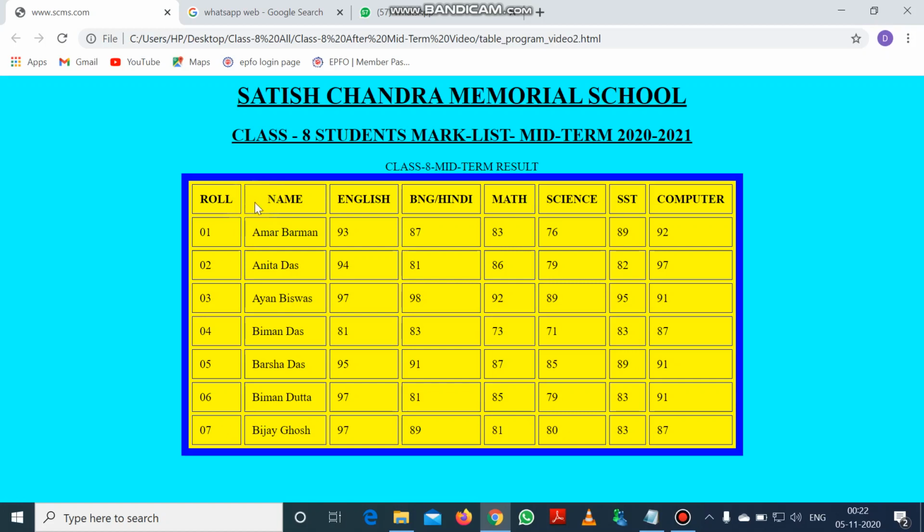This distance is made by cell padding, and the distance between each and every cell is called cell spacing, that we have also used inside the table tag, because cell spacing and cell padding both are attributes of the table tag, and the table is placed at the middle, at the center of the web page